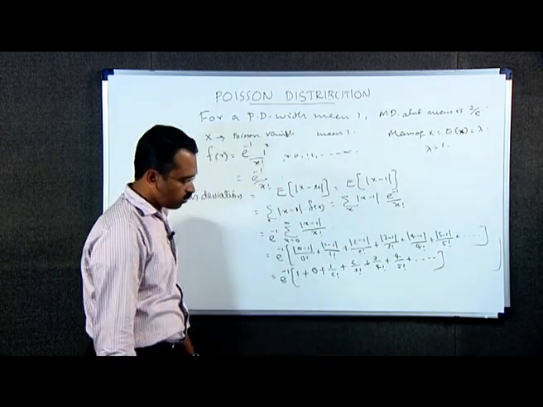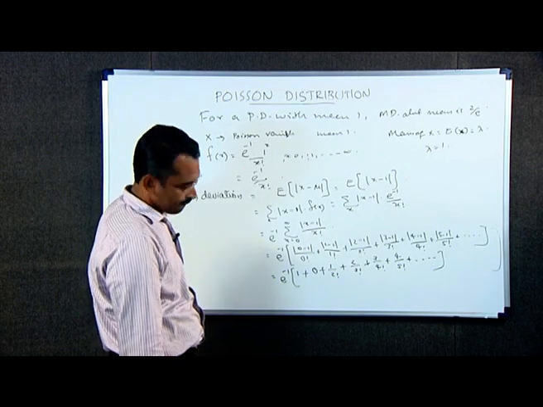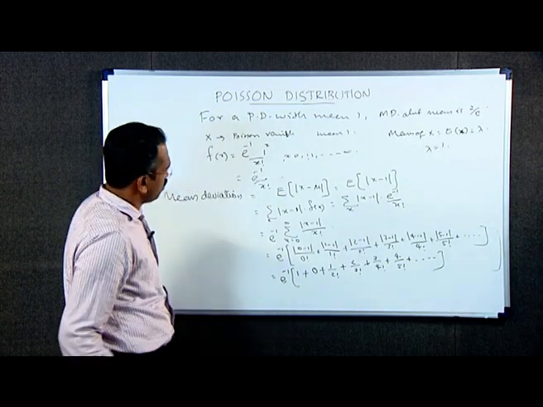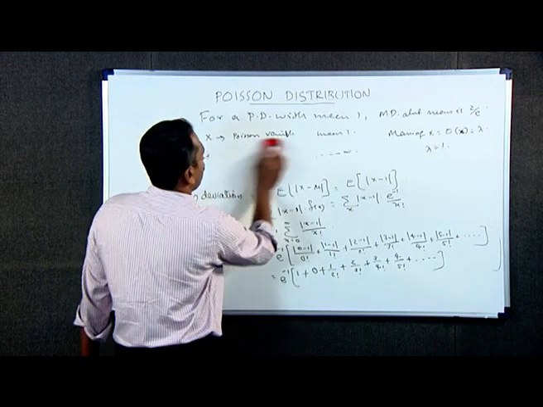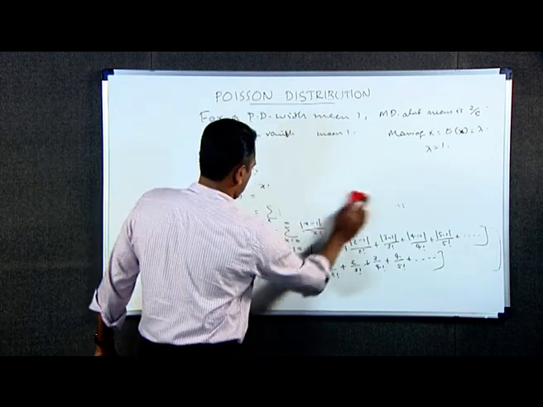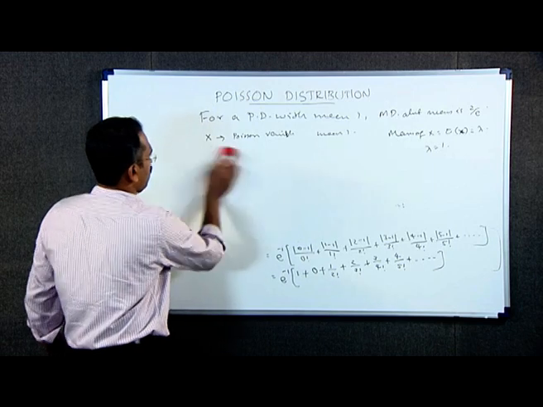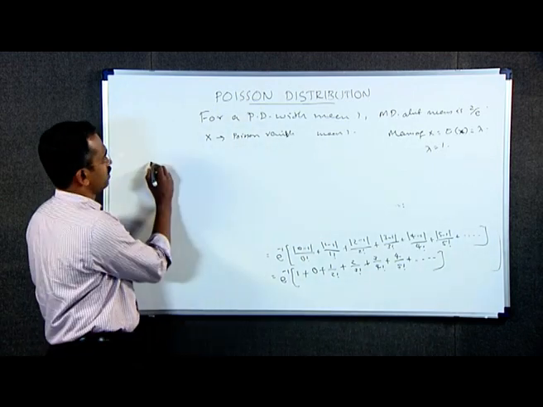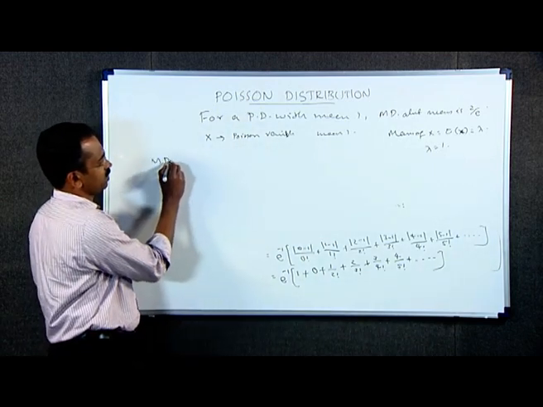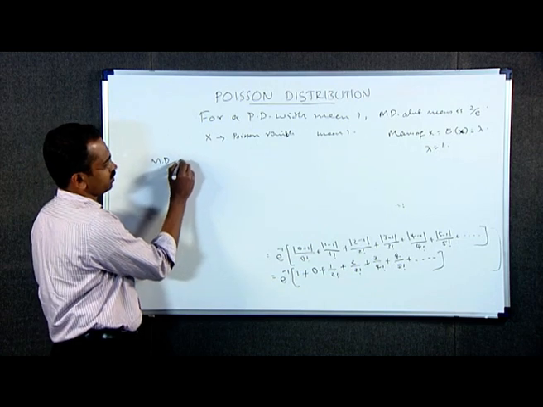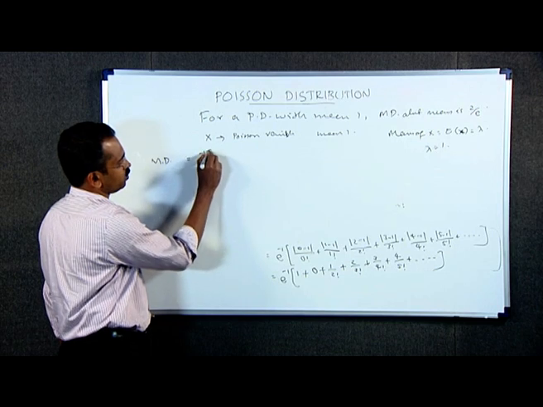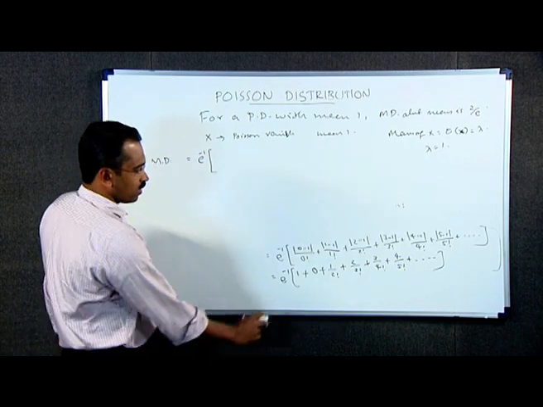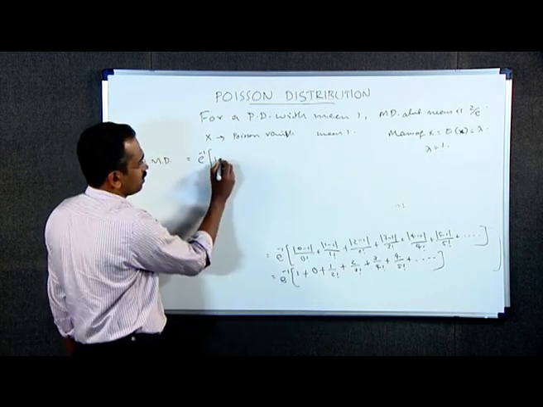which is equal to e raised to minus 1 into the mean deviation. The left hand side mean deviation about mean is equal to e raised to minus 1 into 1 plus